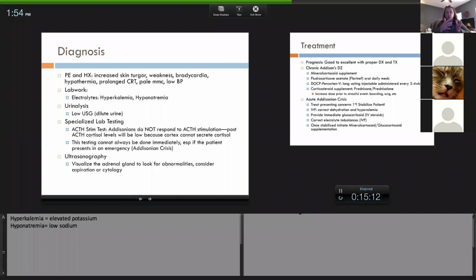Okay, so you do urine in lab 3. And one of the things we do is a urine specific gravity, a USG, which tells how concentrated the urine is. Obviously, if it's more concentrated, it's going to be higher. If we have a low USG, it's going to be lower. And part of that low USG is because we have this fluid imbalance due to the electrolytes being out of balance. Normally, if you have an animal that's dehydrated, you should have an elevated USG.